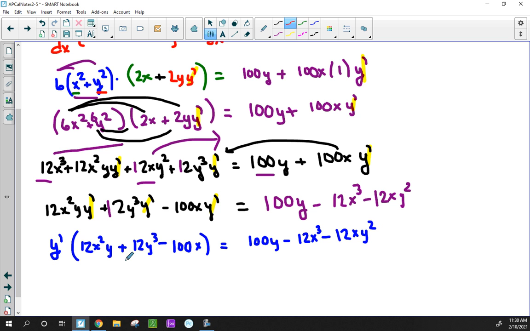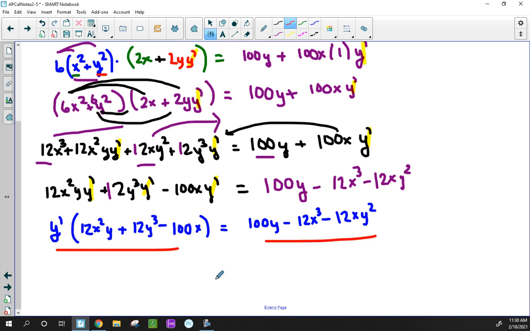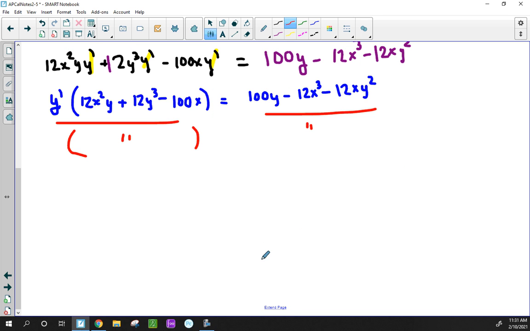Okay, and so since this trinomial is being multiplied by y prime, we can divide to get rid of it. Just going to do that, and then put it over here. And the next step. Okay, and so now, let's see, all of this is going to cancel, and y prime is equal to